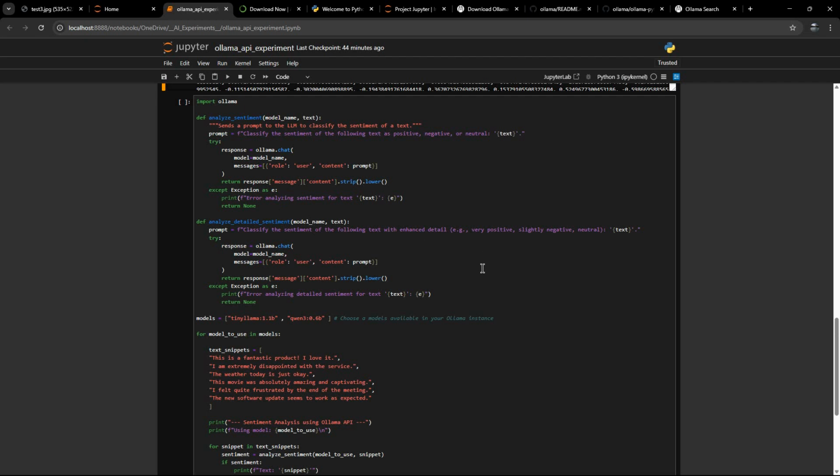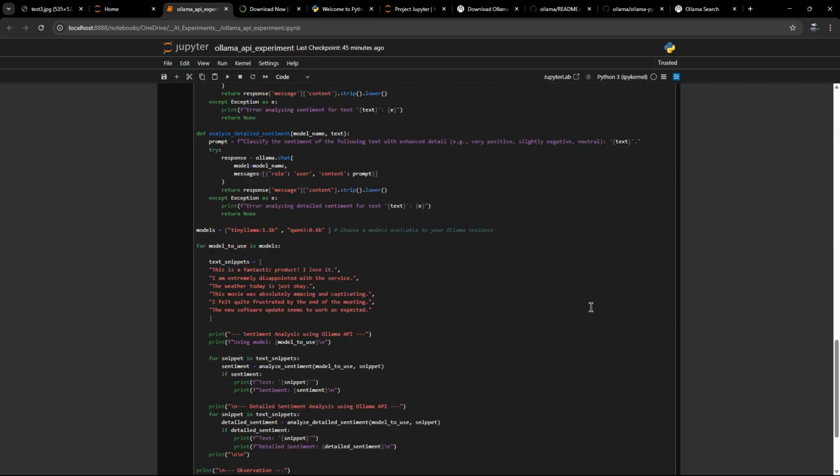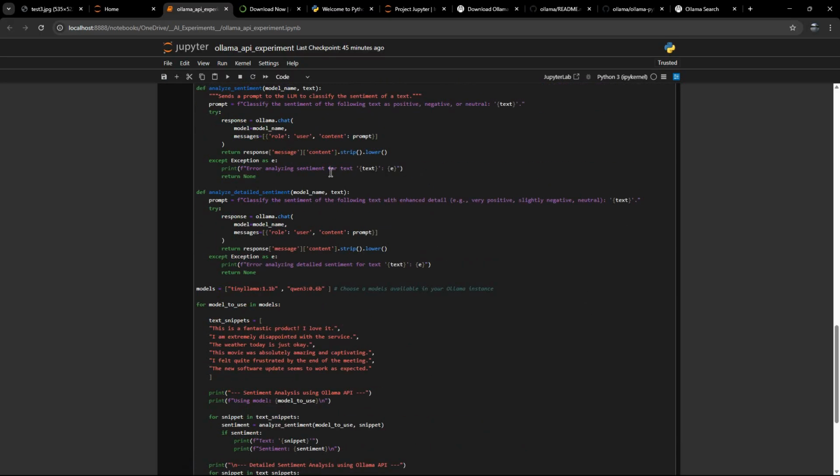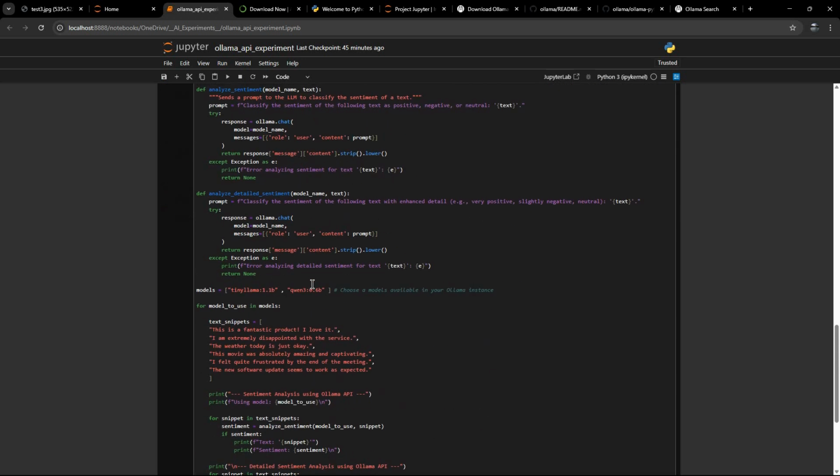Also, we're doing it again with a slightly reworded prompt. Still the text actually at the end. So we do need the text snippet there with the text we want to analyze the sentiment of. But here we're saying classify the sentiment of the following text with enhanced detail. And then we're giving it an example of some of the things we might like to see, like very positive, slightly negative, neutral. Not everything, but some of the things. So let's run that and see how well it does with these